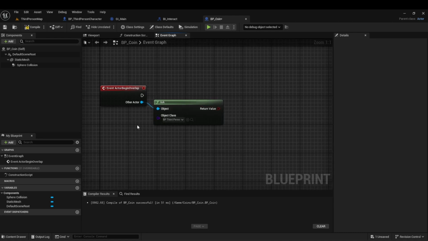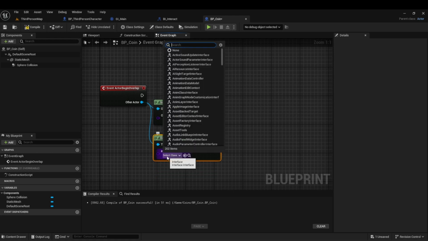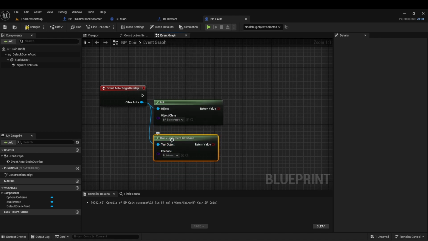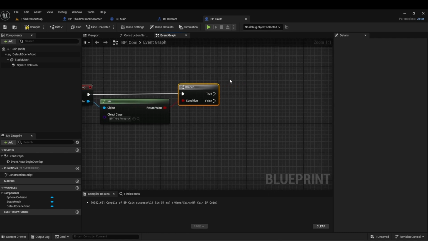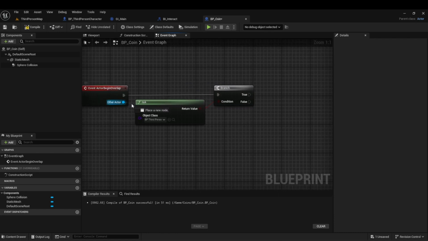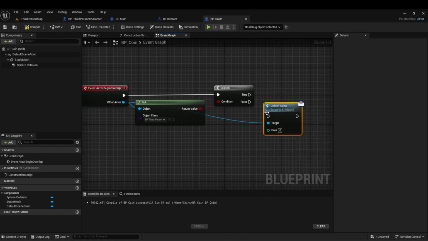Another thing you could do is if you want somebody with the specific blueprint interface, you can also just do does implement interface and then just select the one that you set, and you can do it that way as well. Since I just want to make sure only players can get it, I'm going to do is a third person. And then from here, I now want to collect coins,